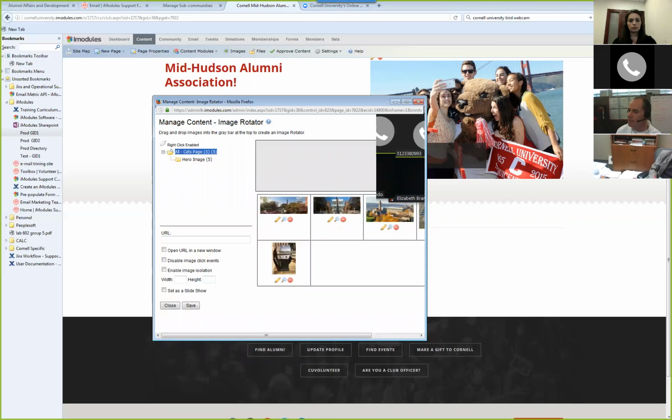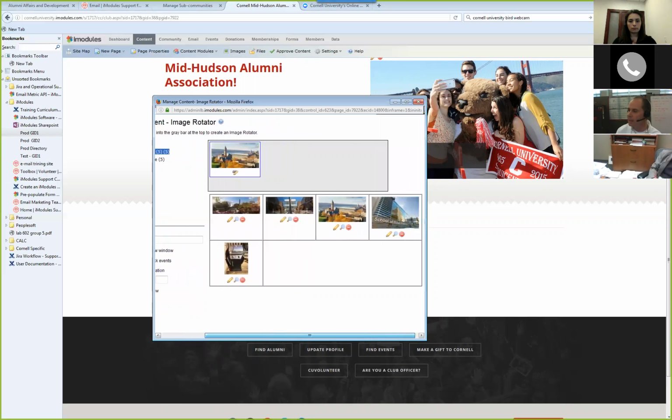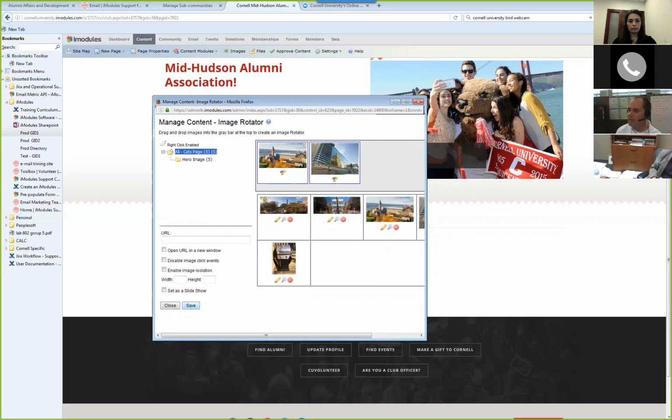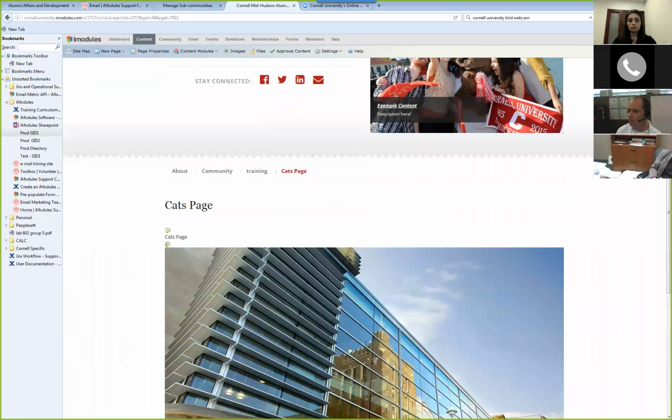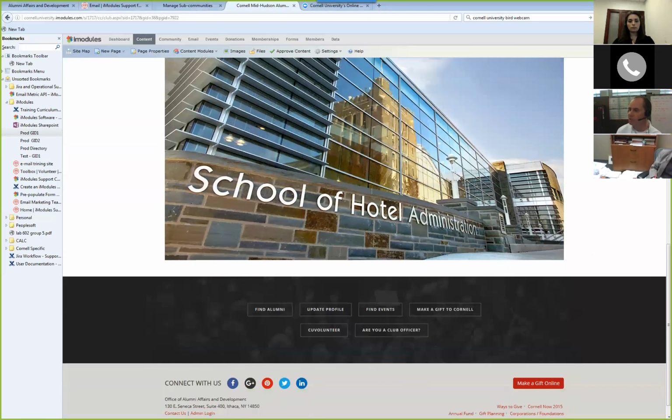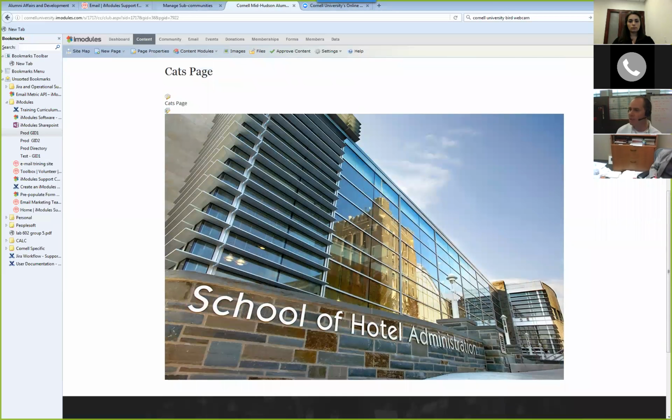But what I can do is drag up images. I'll drag this one here, and I'll drag this one up here. And next thing we know, after I hit save, watch what it does. Now I've got some pictures. And you're saying, hey, Ron, you put 2 pictures in. How do we get them to move?